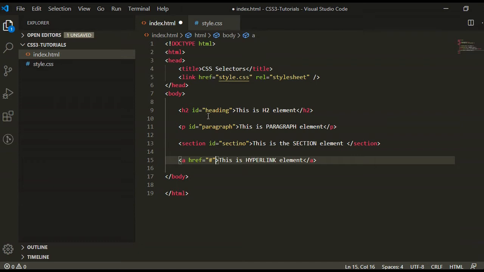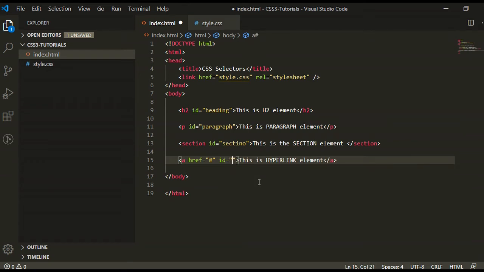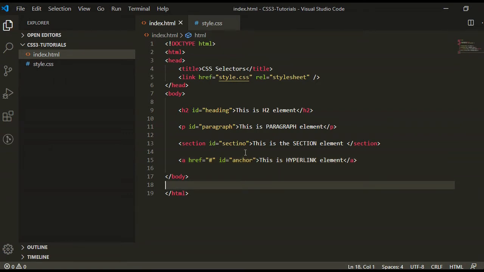Means one ID should be used for one element. So here give the ID anchor. So let's see how we can select the ID.